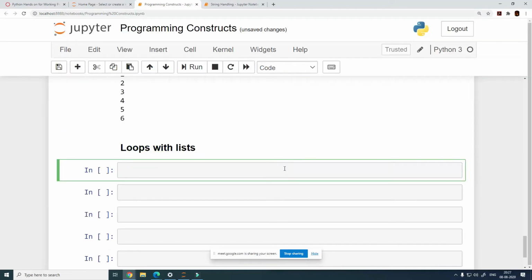So languages is equal to C, C++, Java, Fortran, COBOL.